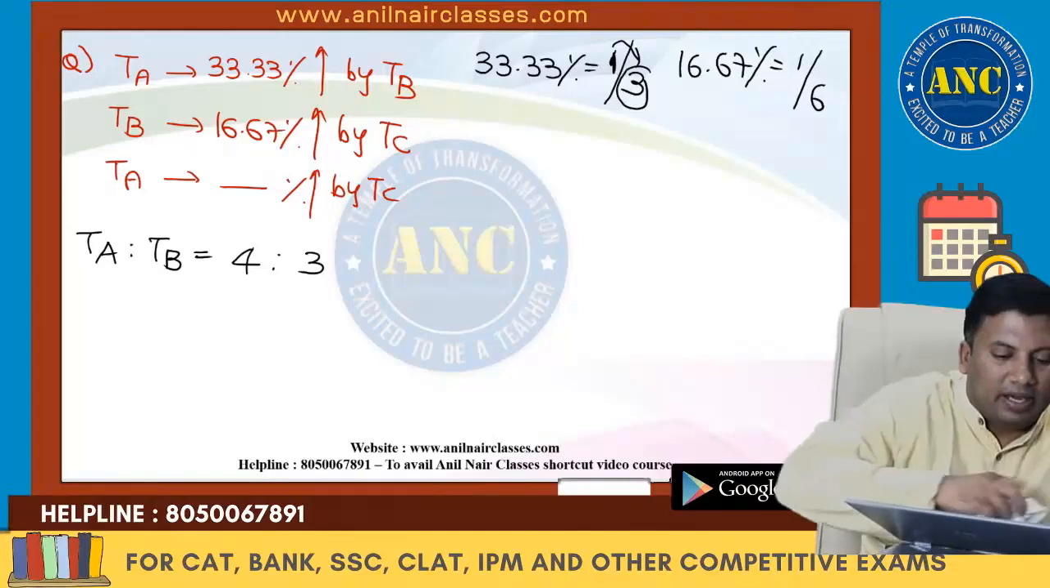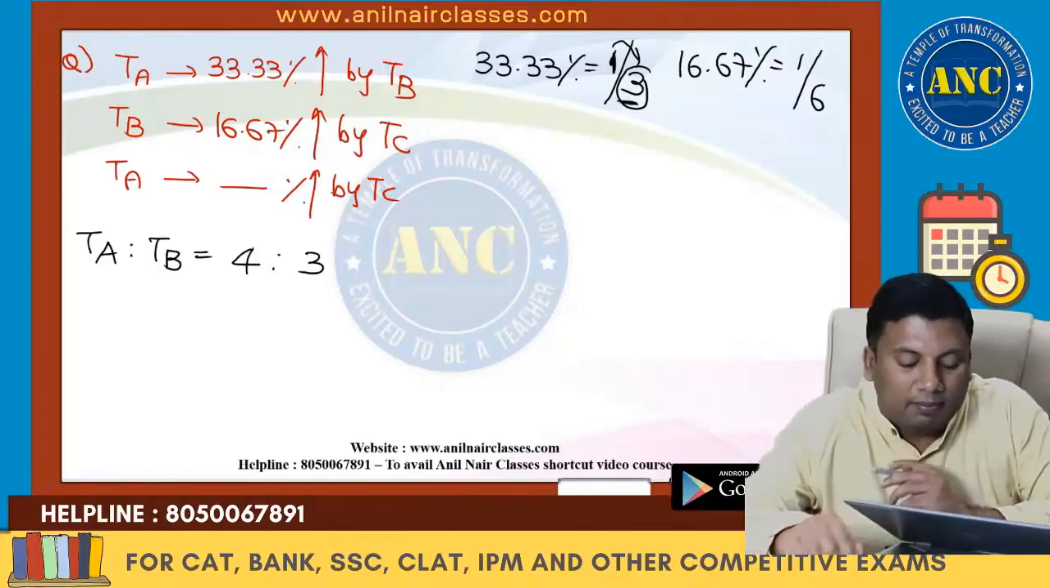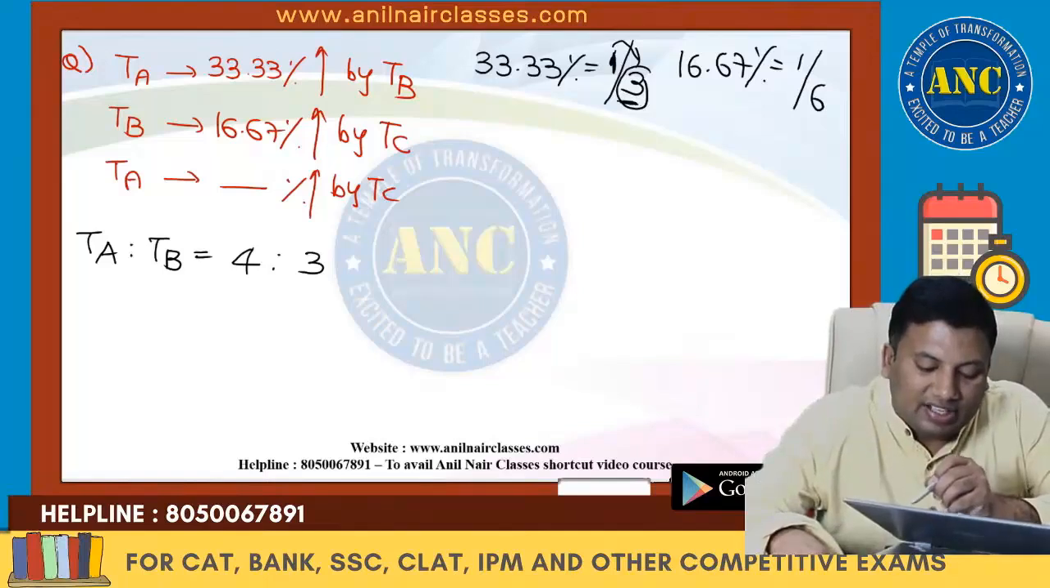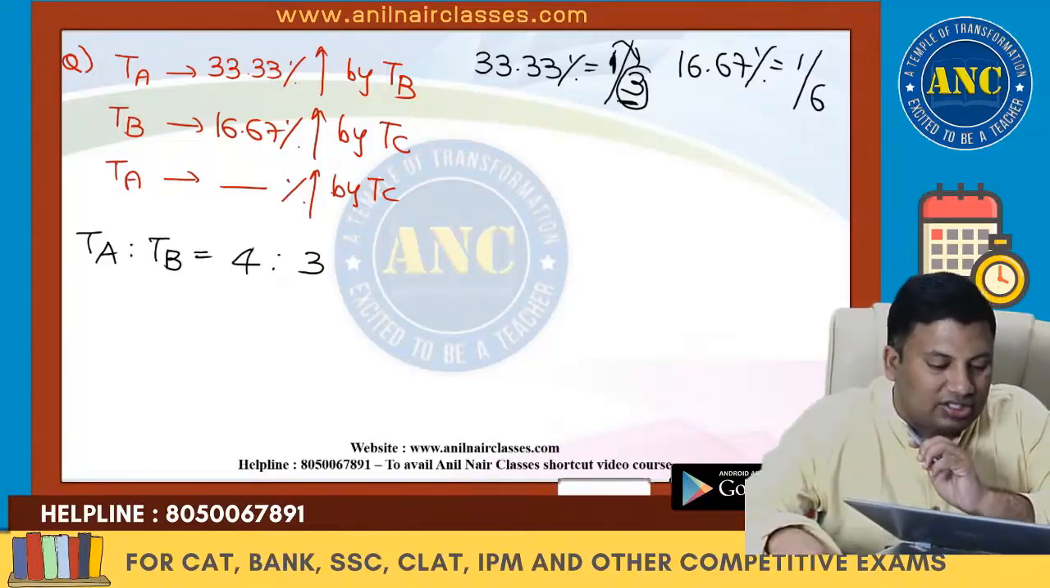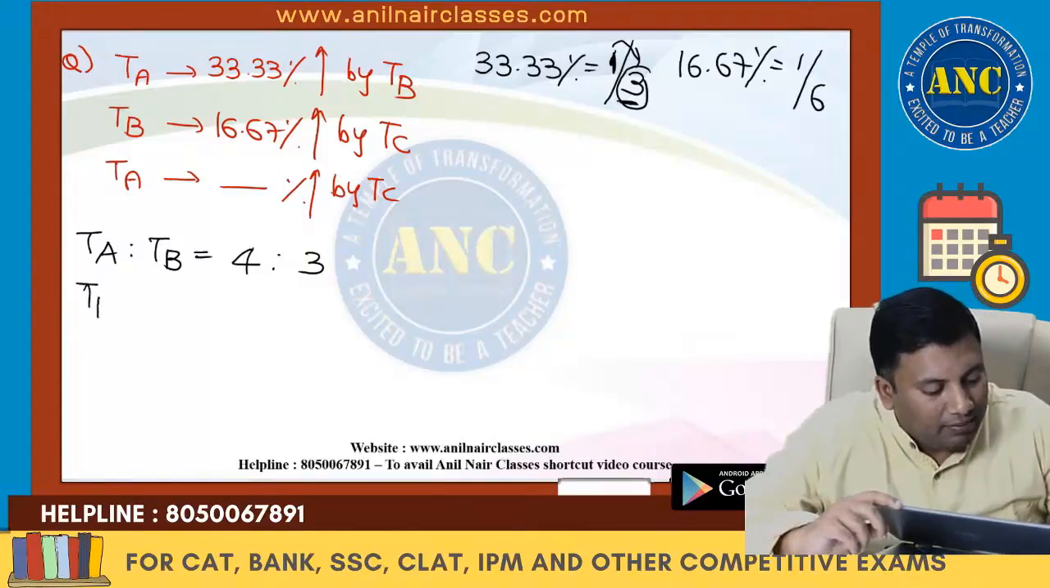Time taken by B is always the initial value. Time taken by B is 3 days. The numerator is always the change. A will take 1 day more than 3, so it is 4:3. Similarly, time taken by B,